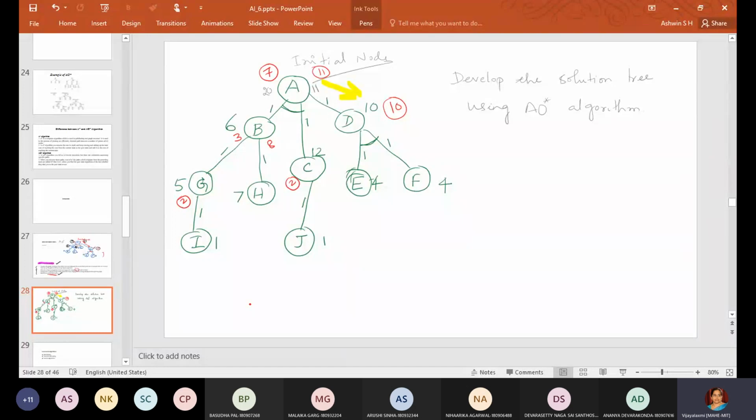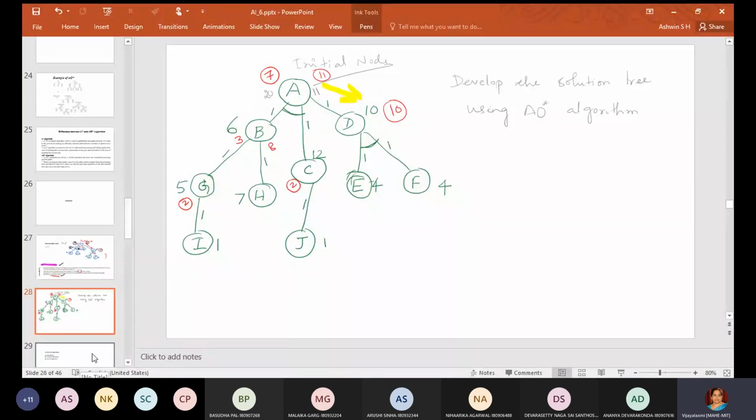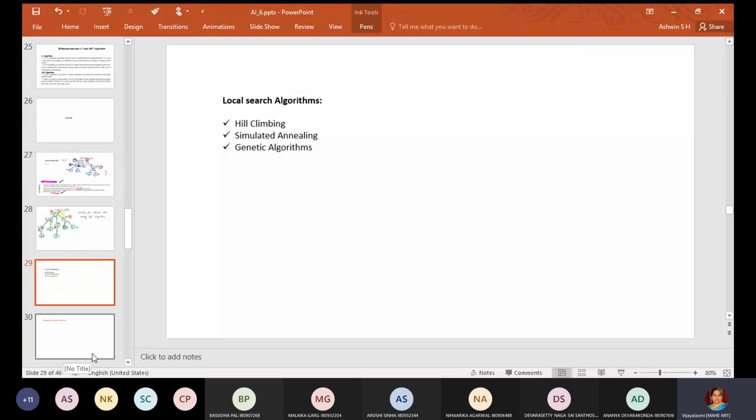In one of the papers which I have read, it says it depends on the problem type. In some cases the path is important, how you move is important. In some cases, the final answer is important. Based on the type of problem, you have to select the best approach. Sometimes that may not give you the best result, so you may have to take up other algorithms and solve it. Okay. Now let me go to the next topic.